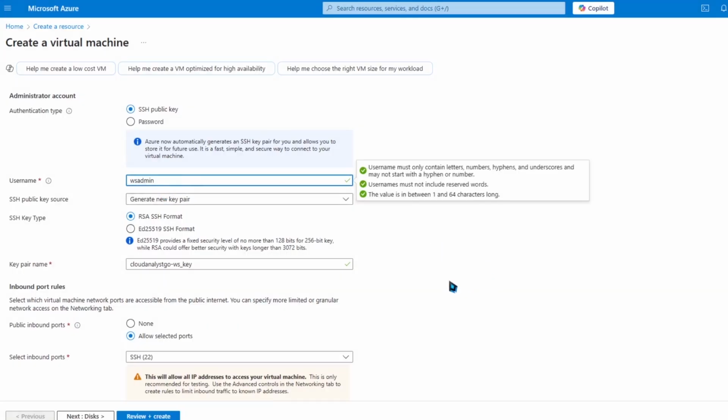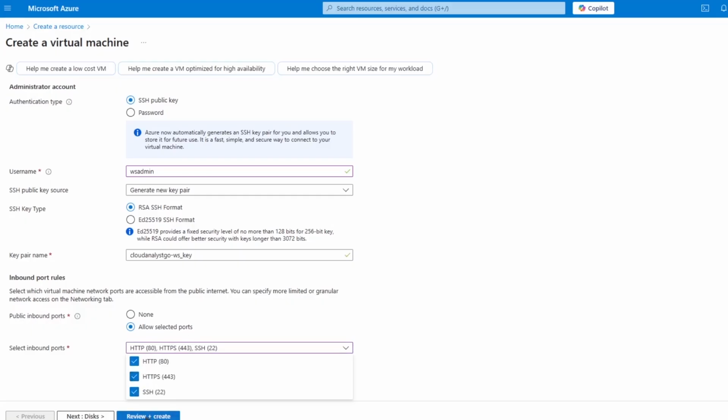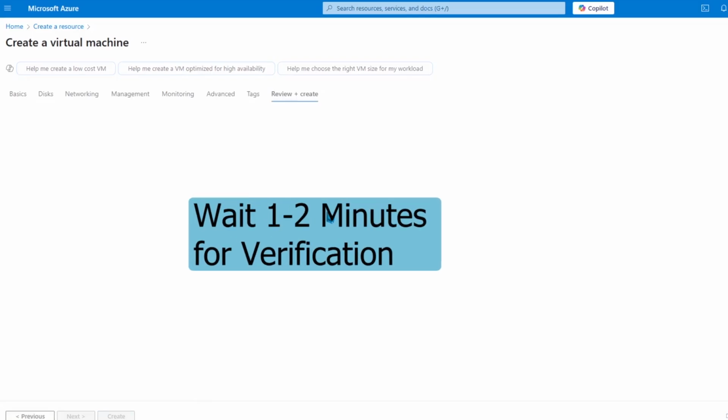My favorite part is the username. Leave it untouched or switch it out for something you prefer. It's your call. Finally, the setting where we just have to switch all three boxes is here, essentially telling the server, hey, let's serve the SSH connections, but also any visitors from the internet, either from HTTP or from secure connection, HTTPS. At last, we can create the VM by clicking the blue button at the end of the page.